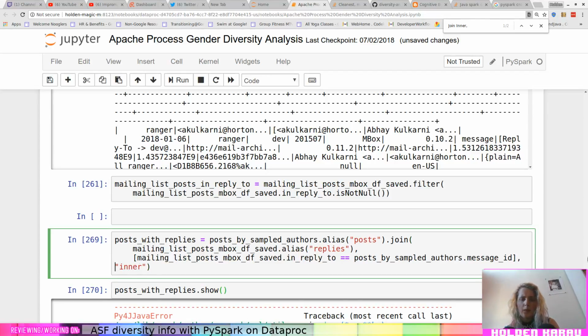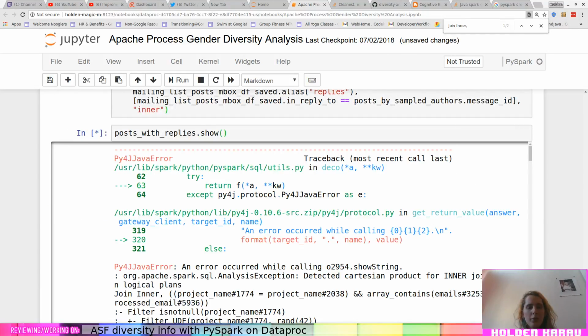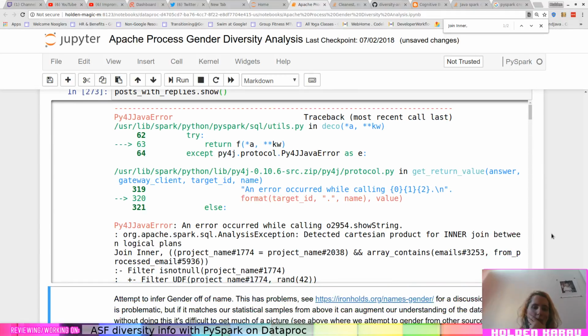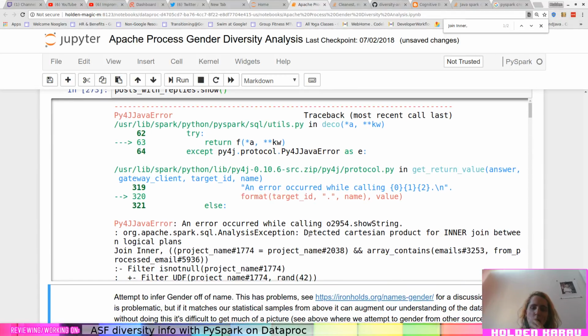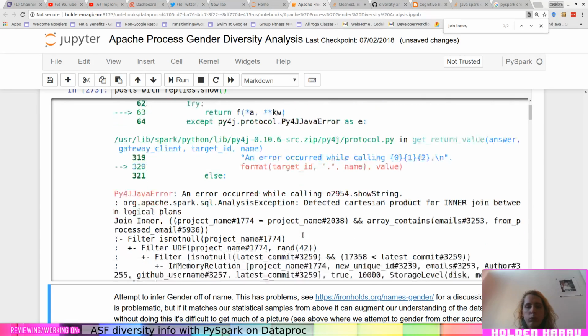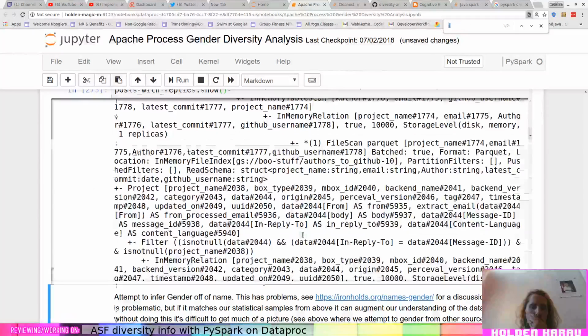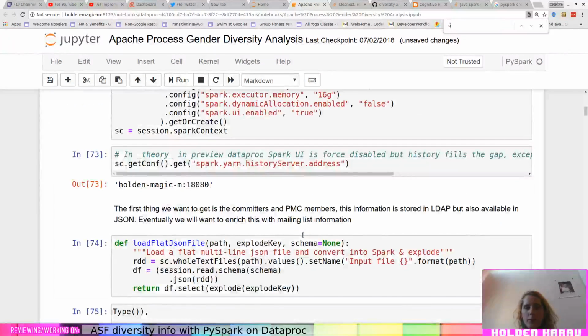The join condition is defined, and it shouldn't be a trivial join condition. Like in reply to and message ID are both strings. This is not a trivial join condition. Why the fuck? Is trivial or missing?